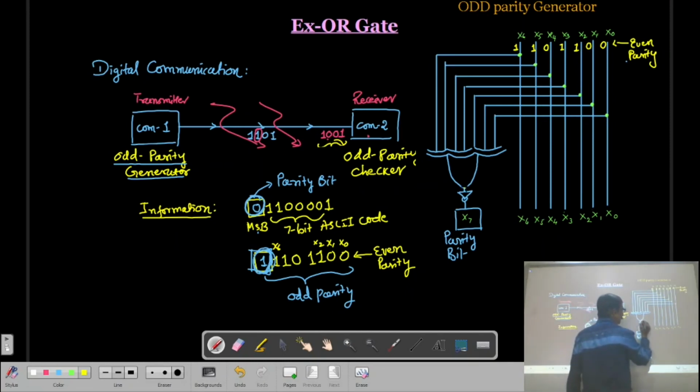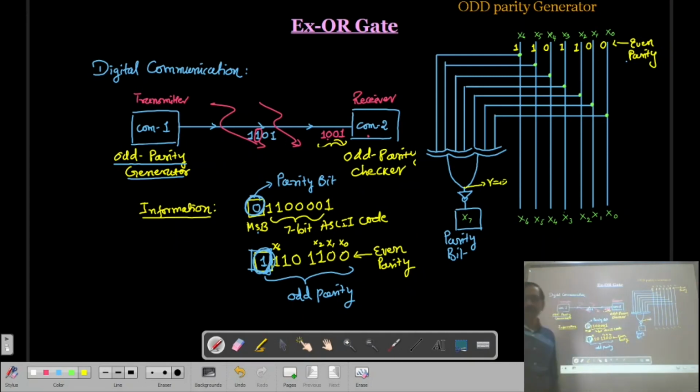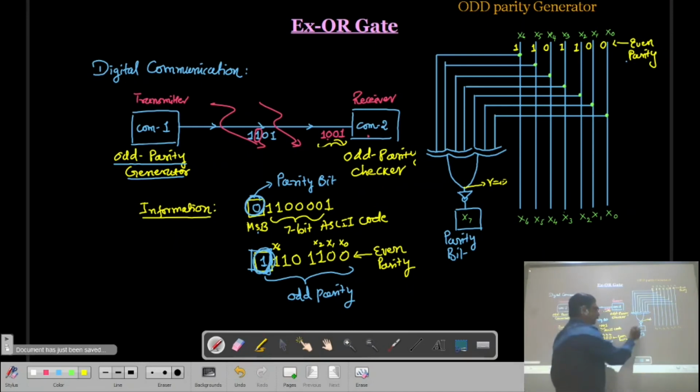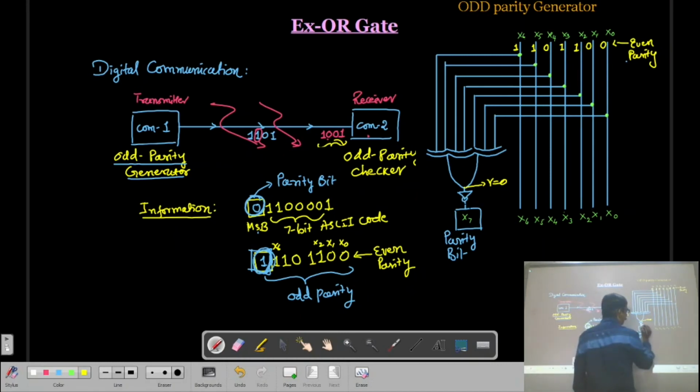So at this point you will get the output y equal to 0. The output of the exclusive OR gate is going to be 0. Then one NOT gate is added. So here your output is going to be y equal to 1. So whatever my binary information is, it will be as it is here, 0, 0, 1, 1, 0, 1, 1, and now this x7 is going to be high.